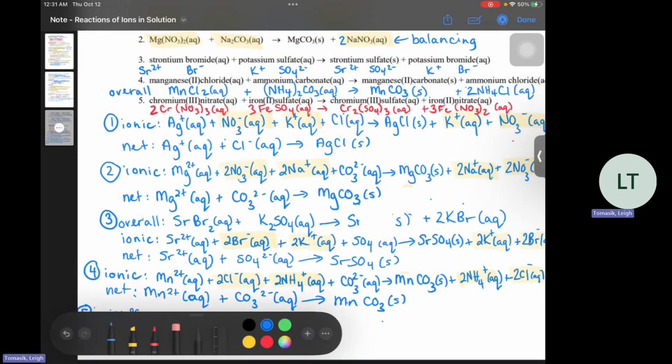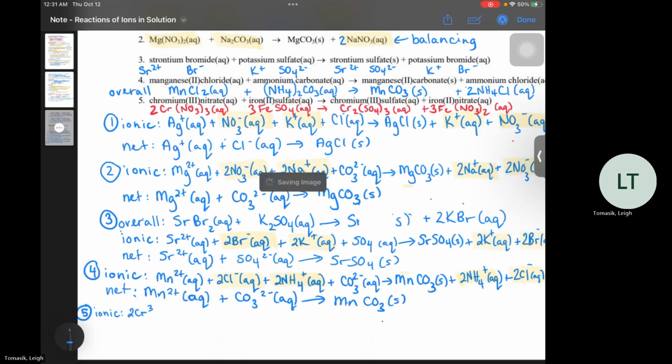Okay, 2Cr3+ aqueous plus 3NO3- aqueous plus 3Fe2+ aqueous plus 3SO4 2- aqueous arrow